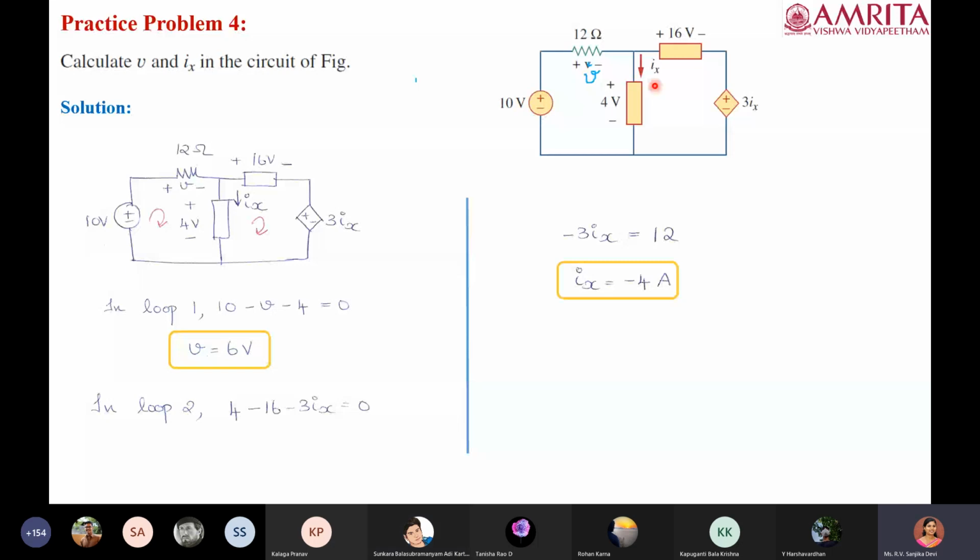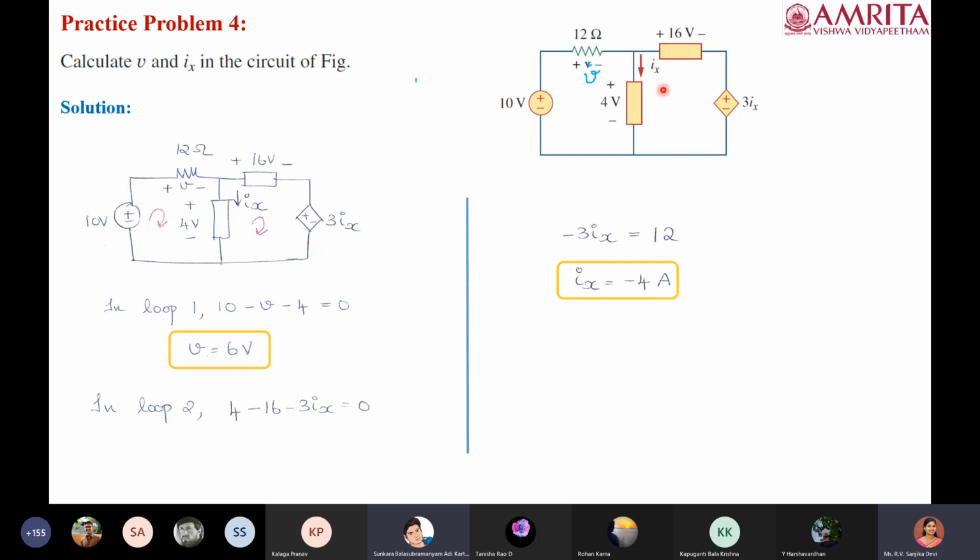It depends actually. For this particular numerical, for example, if 4 volt is not given, and if they are giving you a resistance value, then in that case we have to take Ix. It depends which parameter is available to you when you are applying KVL. For KVL, the basic thing is that you require the voltages across all the elements. Here, since it is directly given, we are taking it. If this voltage is not given, and they give you a resistance value and a current, then by applying Ohm's law, you have to take the product of the resistance and the current.